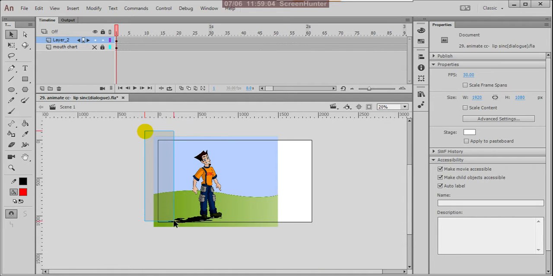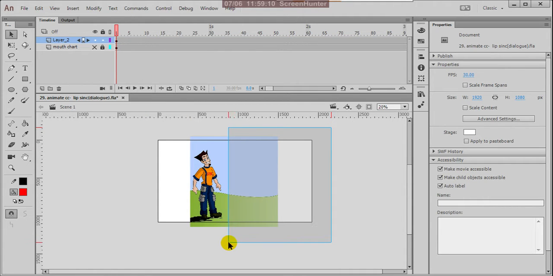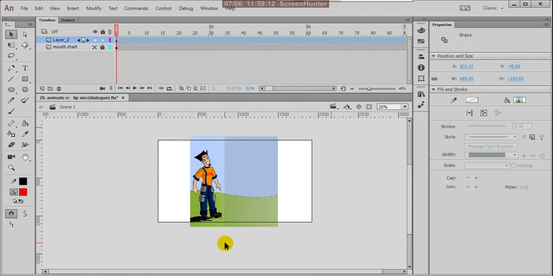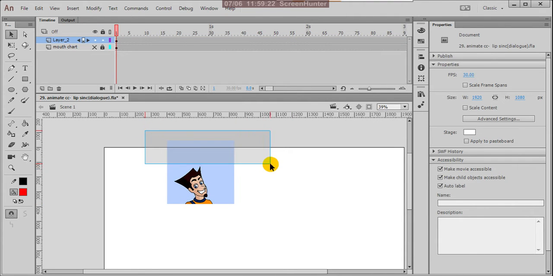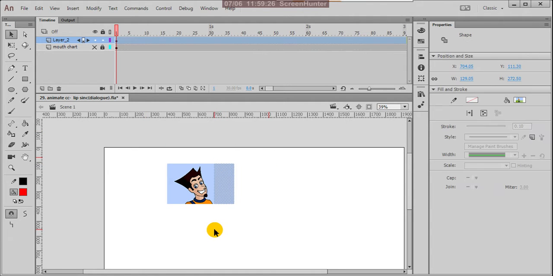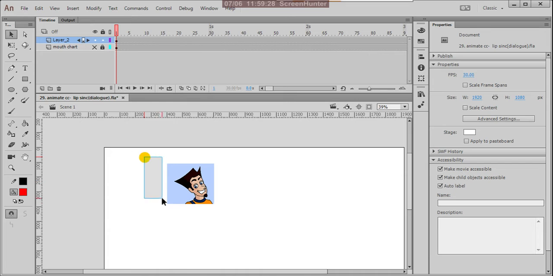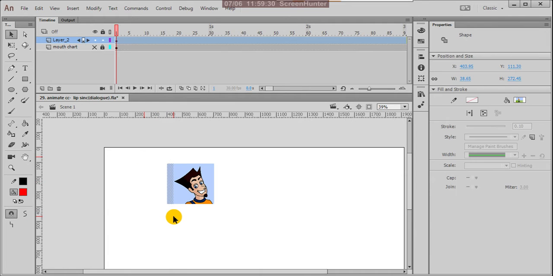Then you can remove the unnecessary areas. Select and delete, and up to here select and delete, and up to here select and delete. And here also you can select and delete, select and delete, select and delete.